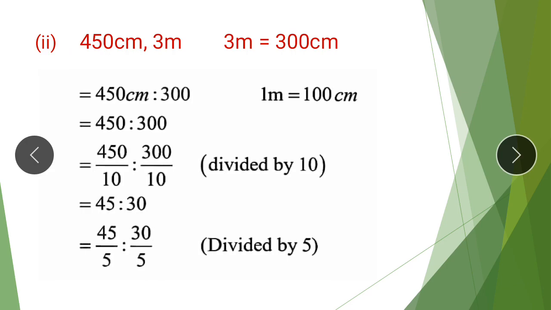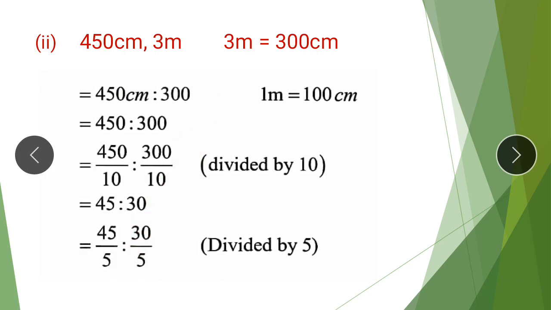So you are going to make the units the same. One thing I want to add here is that the big unit should be converted into the small unit, because if you convert big units into small units, you have to go with the multiplication process, then you will have big numbers here and it will be easy for simplification.